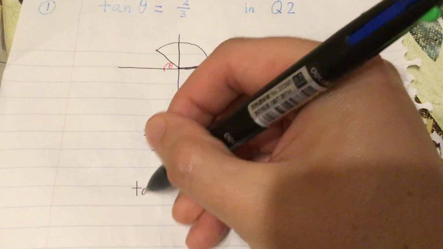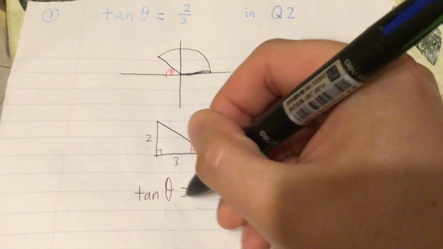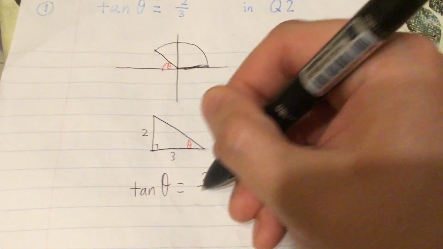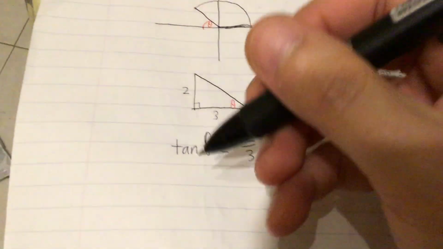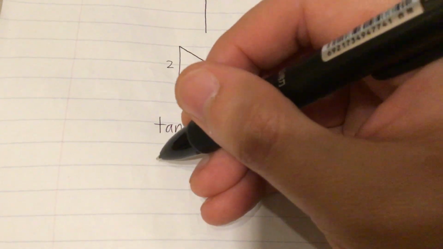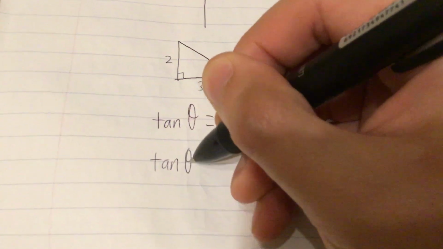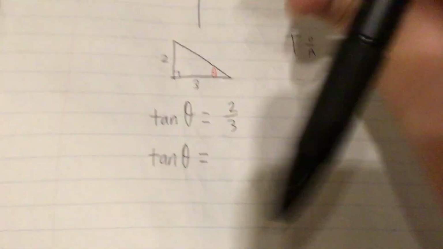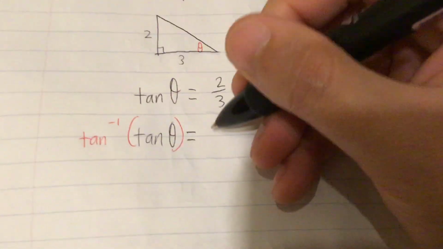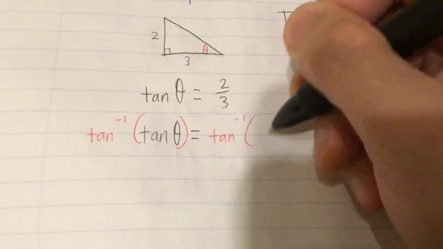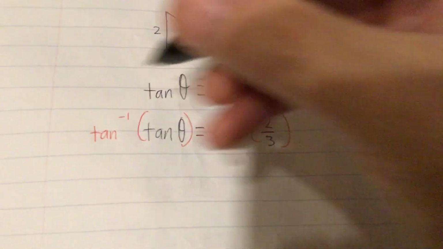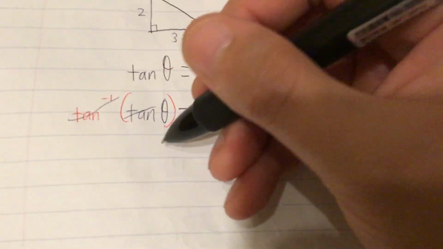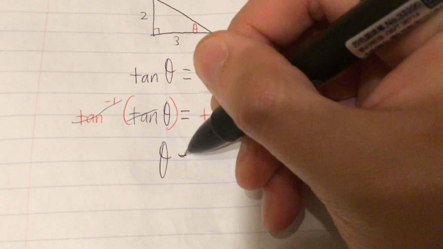So now that we know that the tangent of theta is equal to 2/3, how do we solve for angle theta? Well, in order to undo a trig function, we need to do the inverse trig function on both sides. So I'm going to do that. So the tangent inverse gets applied to both sides of the equation. So now the tangent inverse cancels out with tangent. And now the theta,